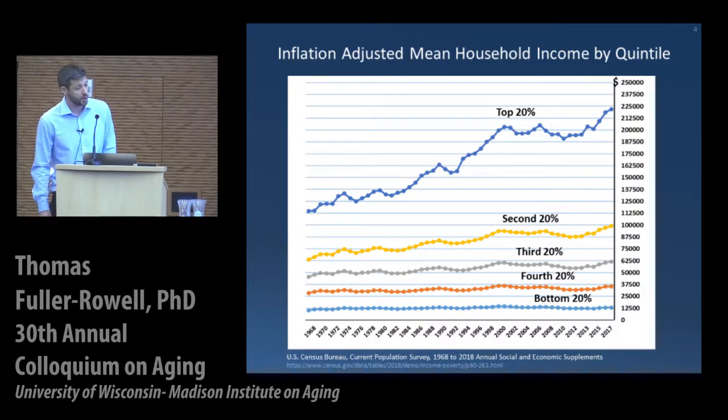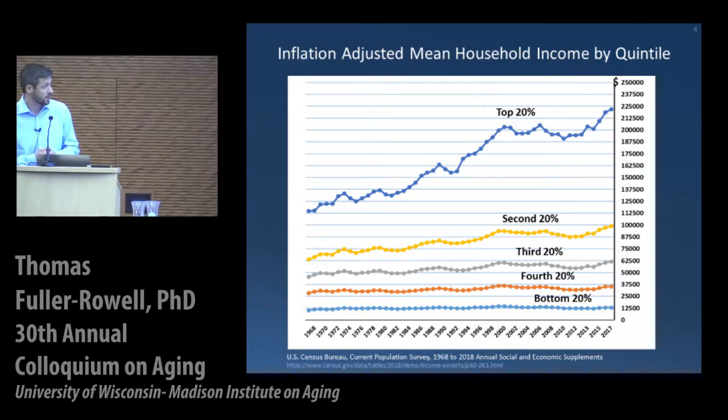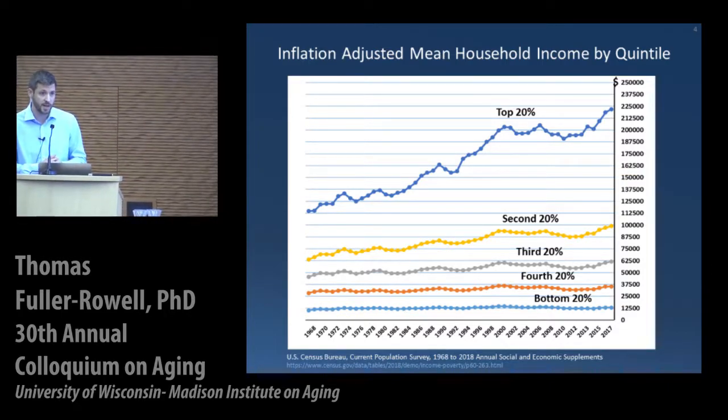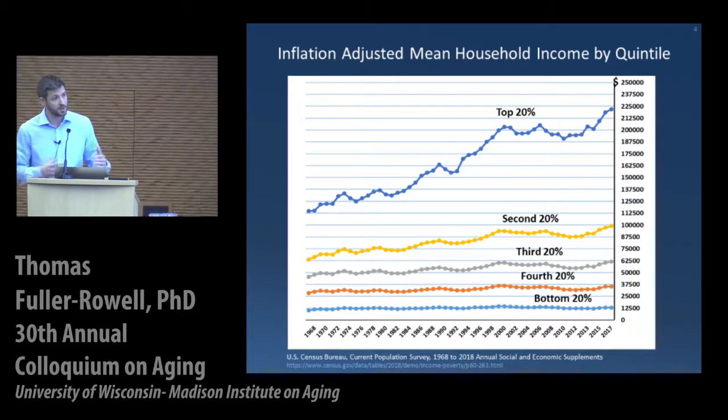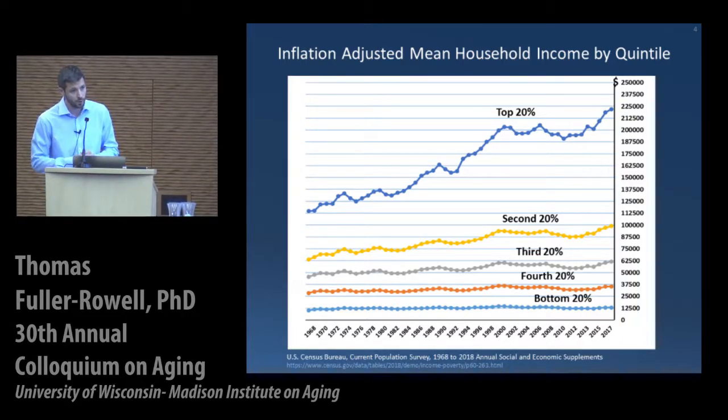So this chart shows inflation-adjusted income over time for 5 different groups of the population. In this particular plot, we're breaking the population down into 5 groups, into 20% groups, from the top 20% to the bottom 20%. And we're looking at household income over time, from the late 60s all the way up to 2017. It's important here that income is adjusted for inflation, because this really allows us to look at household income as an indicator of material affluence.